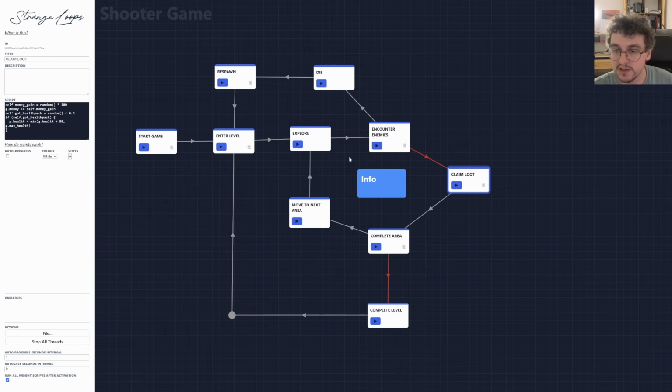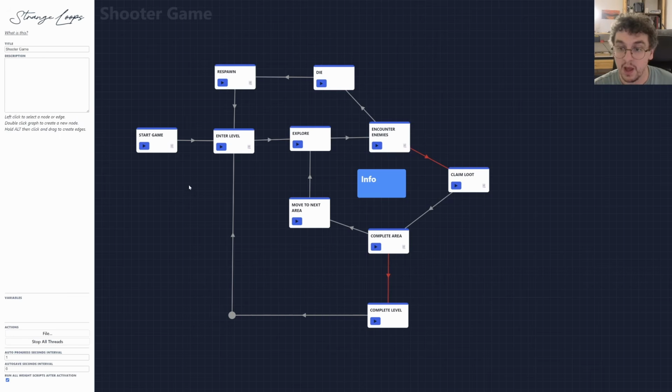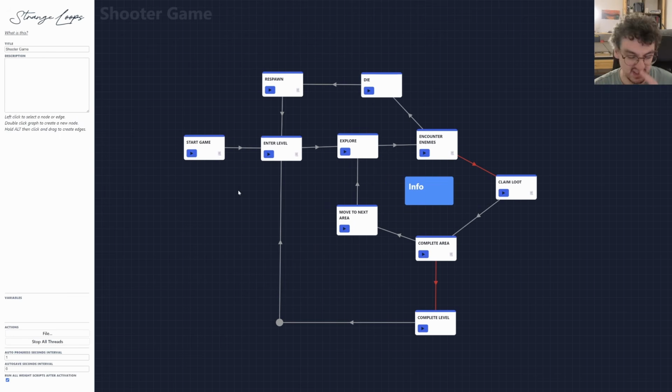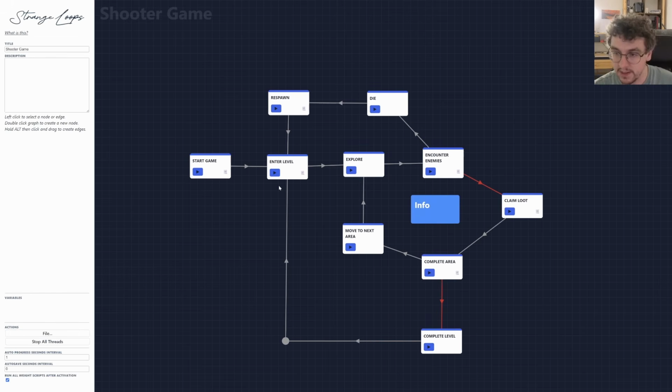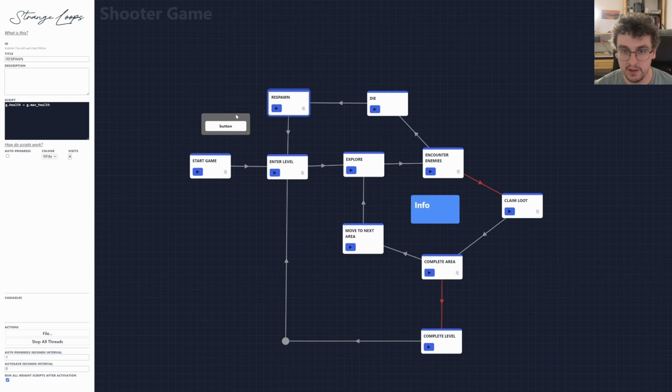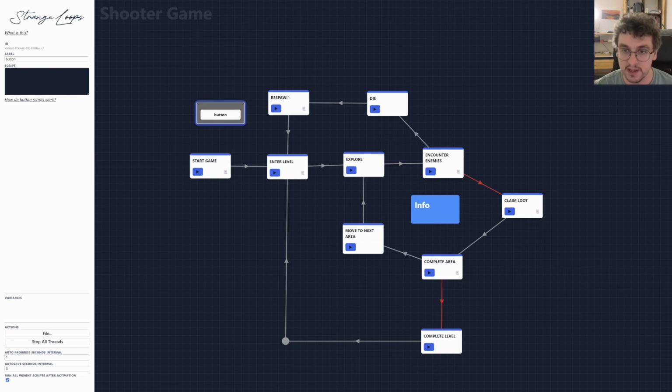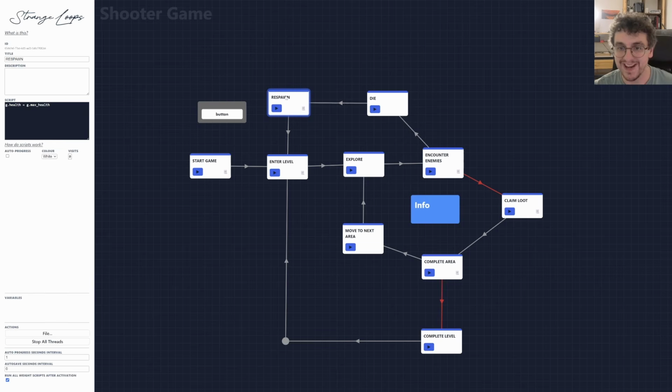And then now we can actually start thinking about some game design, right? Is that enough health? I mean, probably not if we're just losing up to 200 hit points every time we encounter an enemy. Let's actually simulate this. So what I'm going to do, and this is a bit advanced, but I'm going to create a button. A button, unlike a state, you can just click these at any time. There's no state. They don't connect via